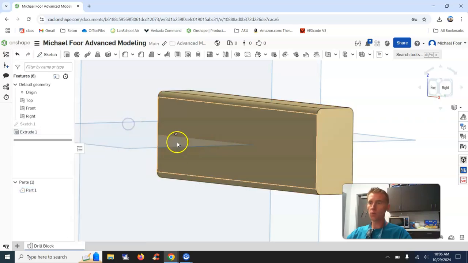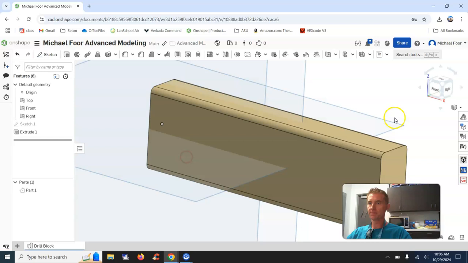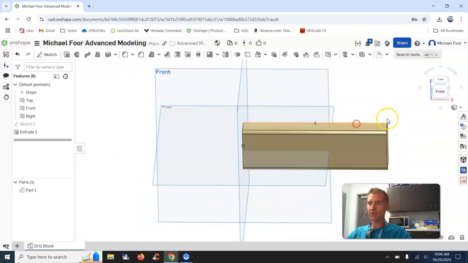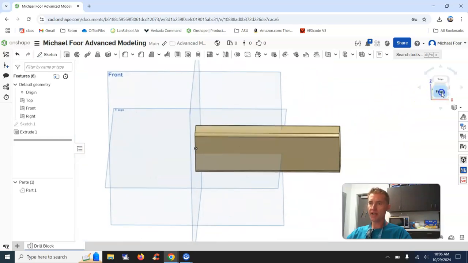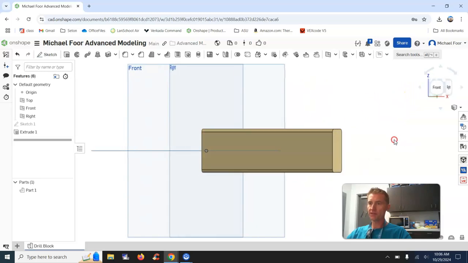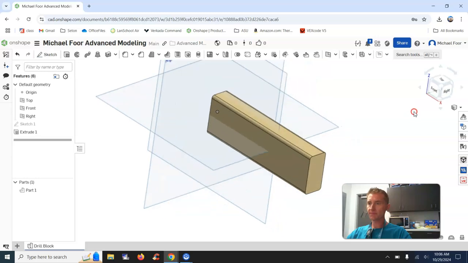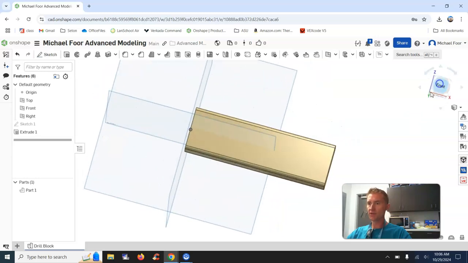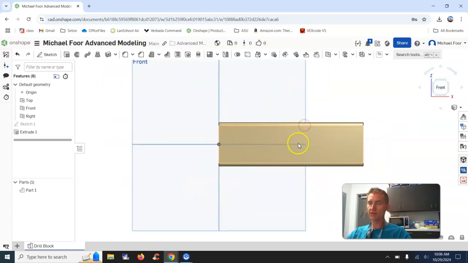Yeah, that's a nice wood texture right there. Perfect. So we've got our 5-inch block. Now it's time to start actually adding the holes. And we can see from our views, the front shows this front face, the right side is here, and that's our top. Okay, so if you got your views messed up, I would highly recommend you go back